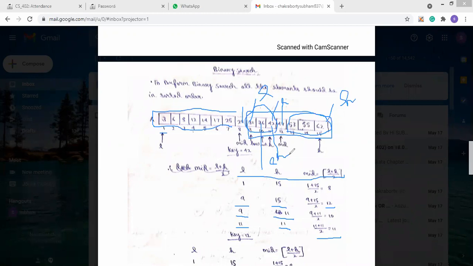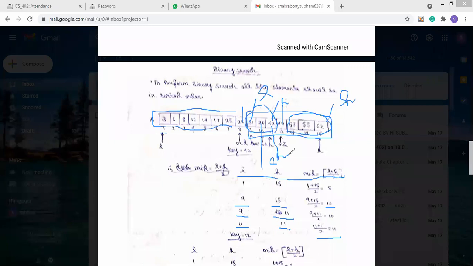So that's how the binary search works. In binary search, what we are basically performing is compressing the list, one by one. At the starting time, we have 15 elements present. Then after getting the mid, we check whether the value is greater than mid or less than mid.